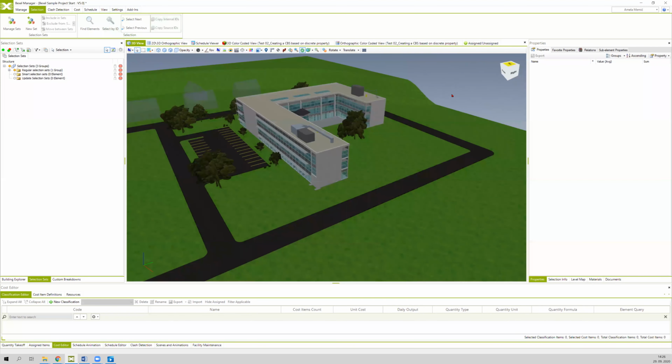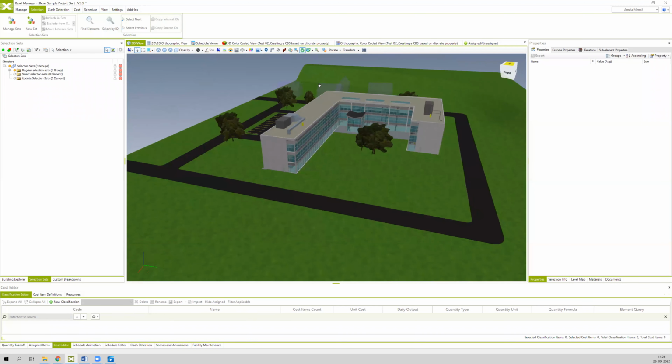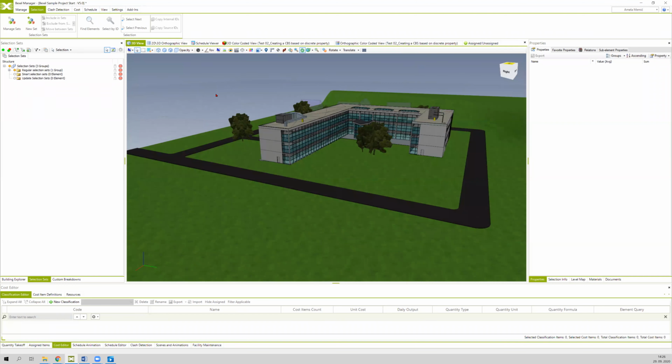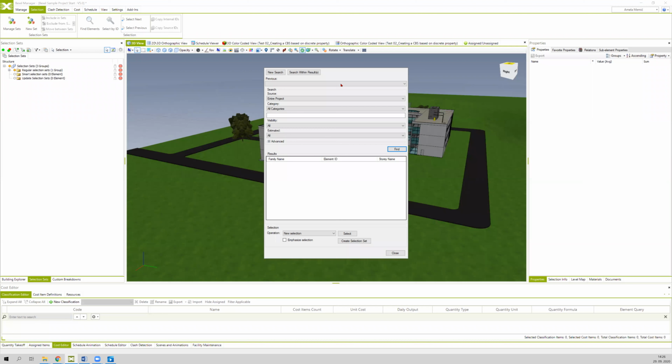So now we will use this tool to find elements which do not have a defined value for MasterFormat, and in the next step we will create a new selection set on the basis of the results of our search. So click on the Find Elements tool, and a window opens where you first click on the new search,